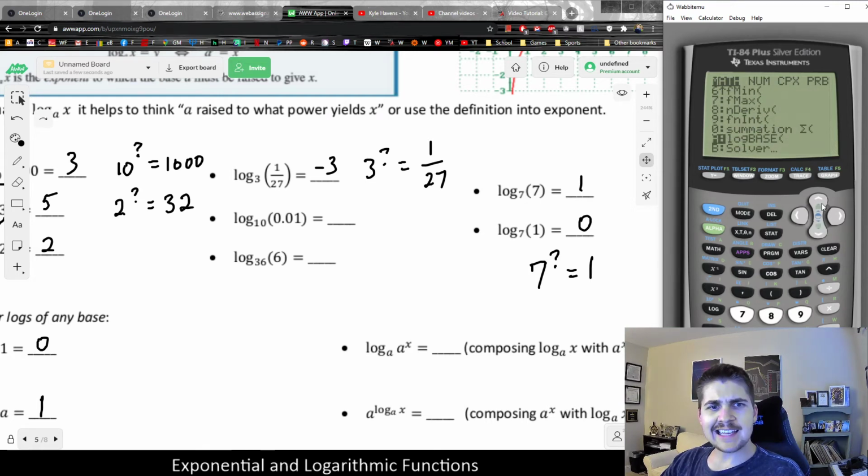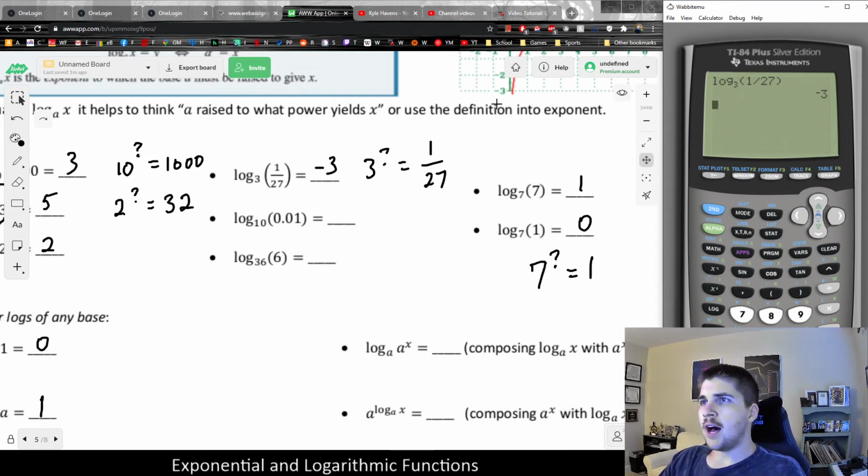Now, some of these calculators don't always have it programmed in there, and if your calculator doesn't have it, I'll show you. We'll learn another way to do it in the next couple videos. So don't sweat it for now. We'll revisit this issue. But basically, you could do log base 3. You type the base in there, and then 1 over 27 right there. And that would leave me with -3. So, if you're not great with exponents and figuring this sort of thing out, you can always just use your